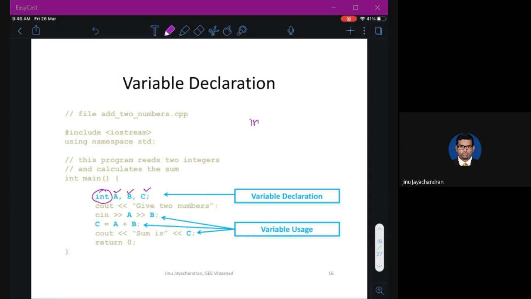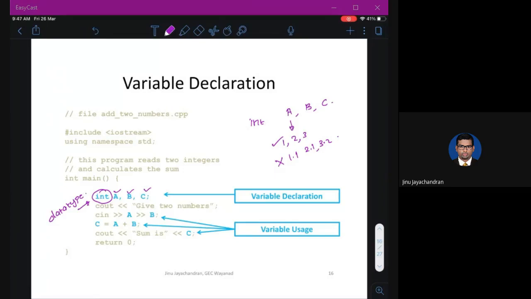Int means the variables A, B, and C can take only values without decimal points, for example 1, 2, 3. This is possible, but it is not possible to take values like 1.1, 2.1, 3.2, etc. This is called integer variables, and int is called a data type. We'll see all these things in detail.